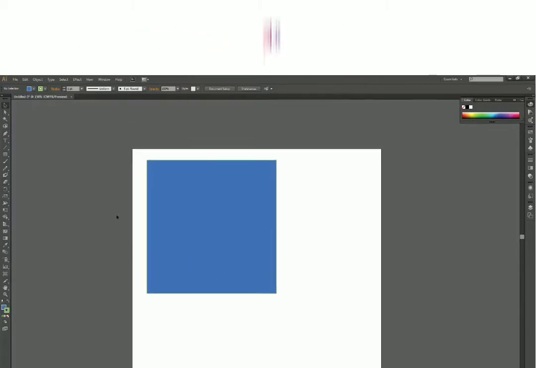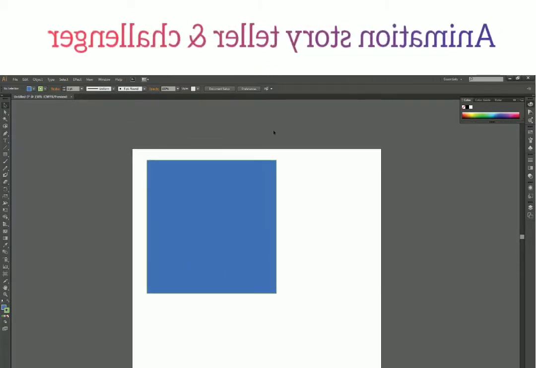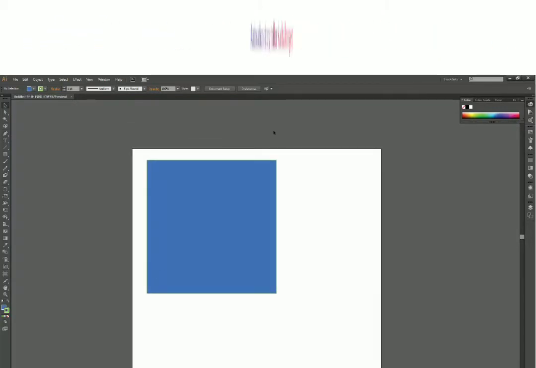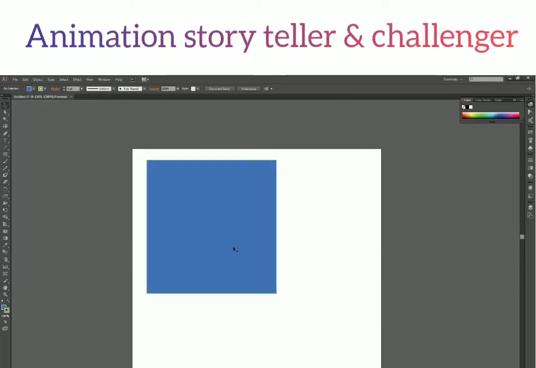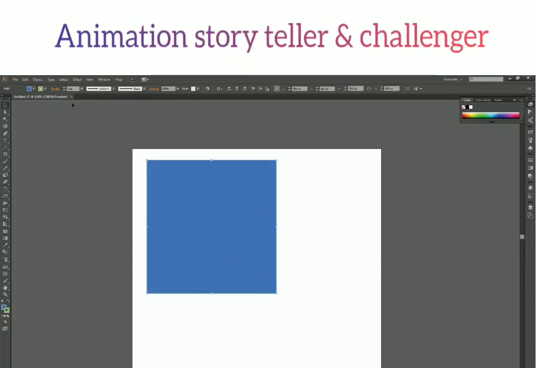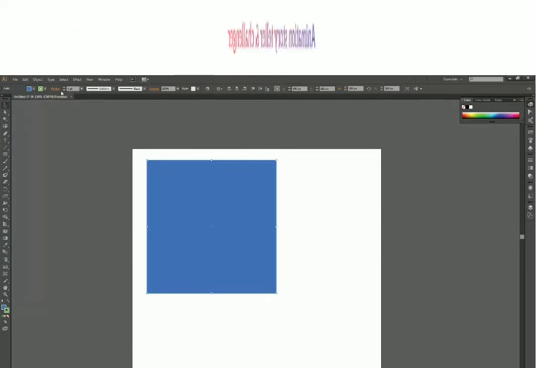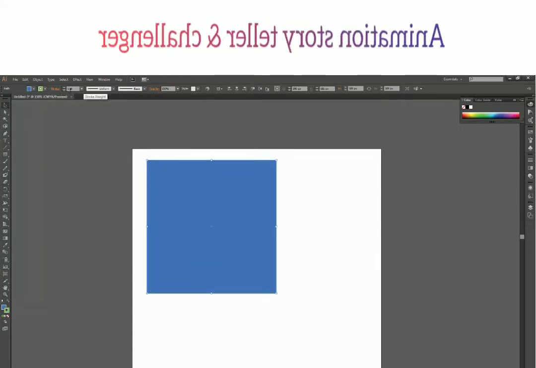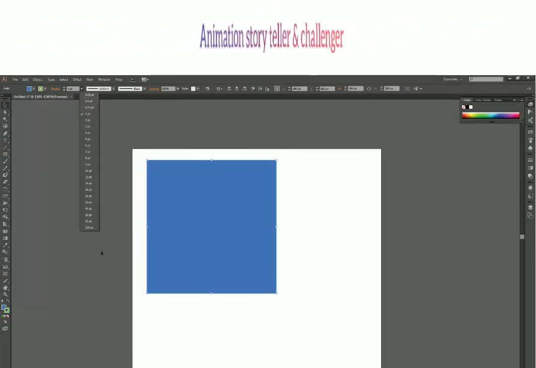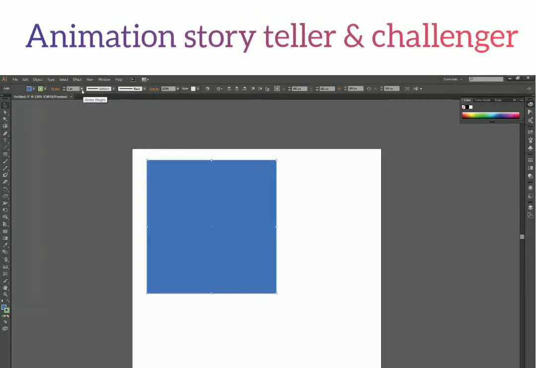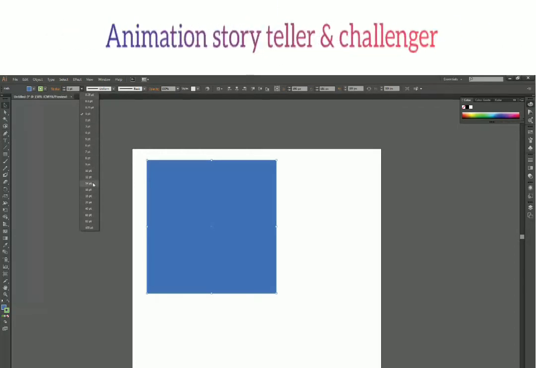Now, what if I want to increase this outline width? Like I want to make this outline really thick. For that, you first have to select your shape and then go here in the option bar. You have this stroke thing. You can click on this drop down and select any of these values. So let's say 14.